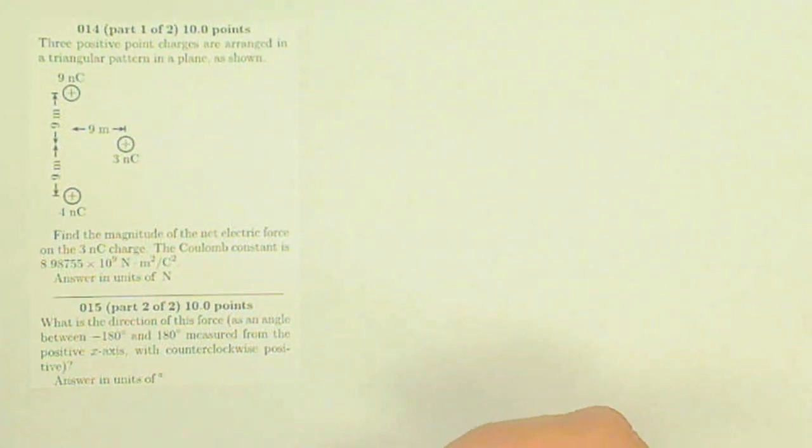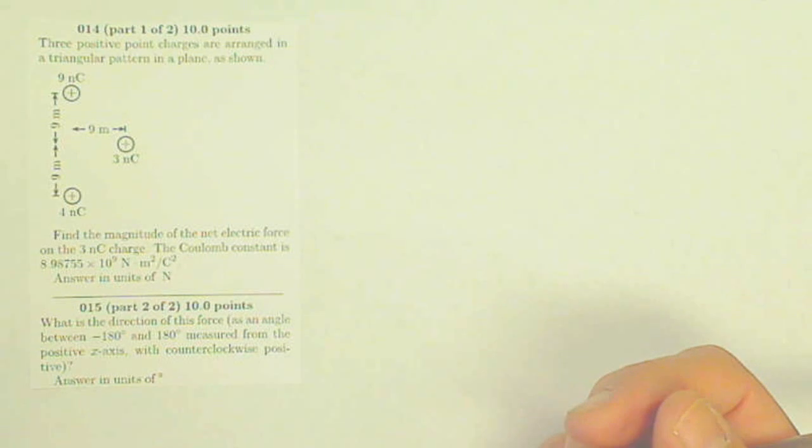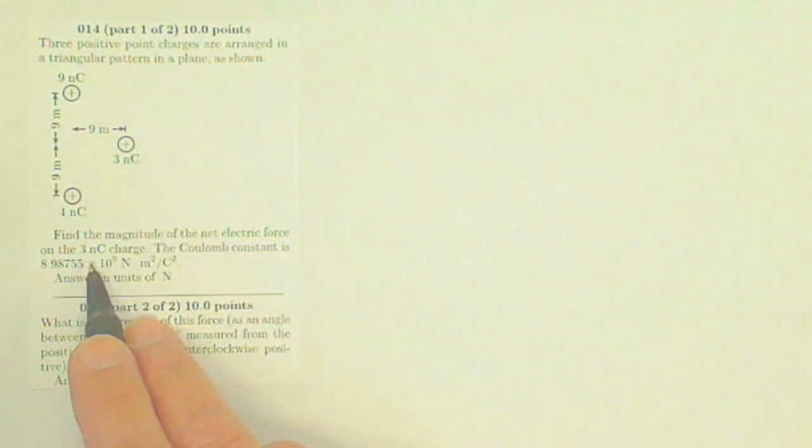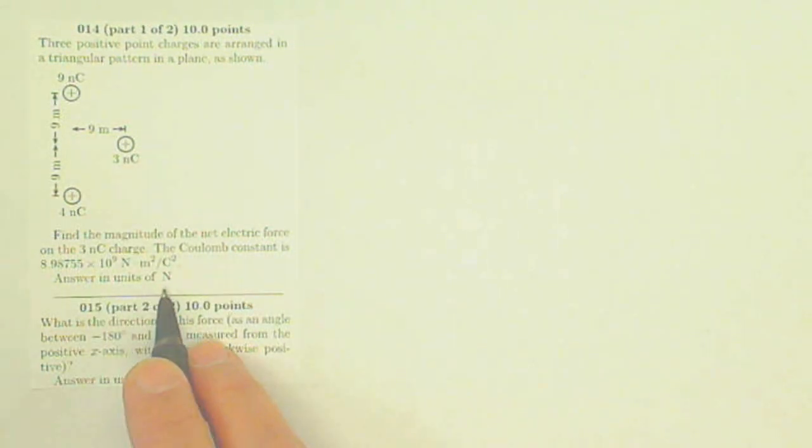Three positive point charges are arranged in a triangular pattern in a plane as shown. Find the magnitude of the net electric force on the 3 nanocoulomb charge. That's this one for me. The Coulomb constant is given. And then I'm going to want the direction measured from the positive x-axis with counterclockwise